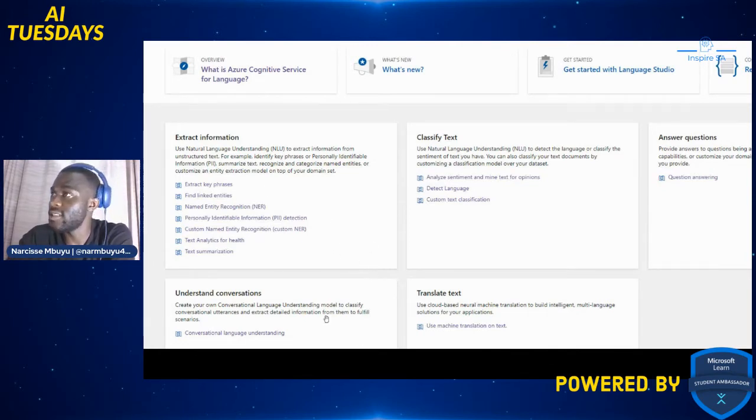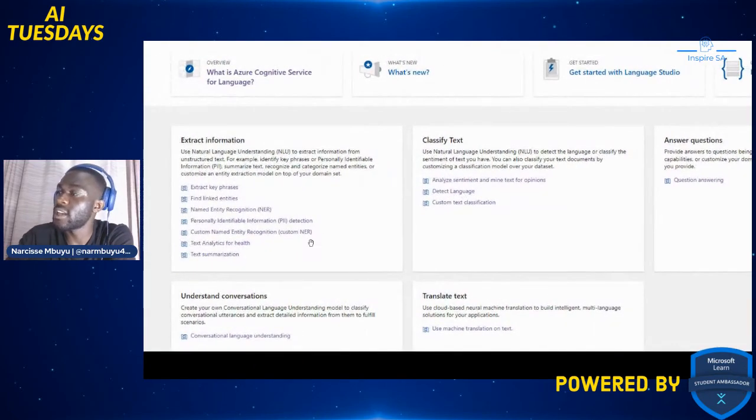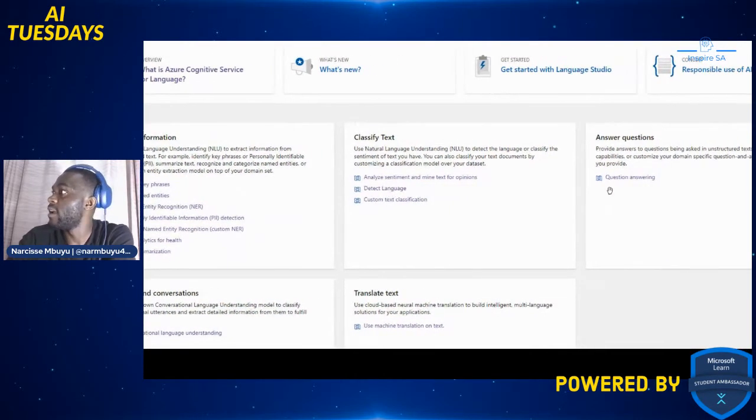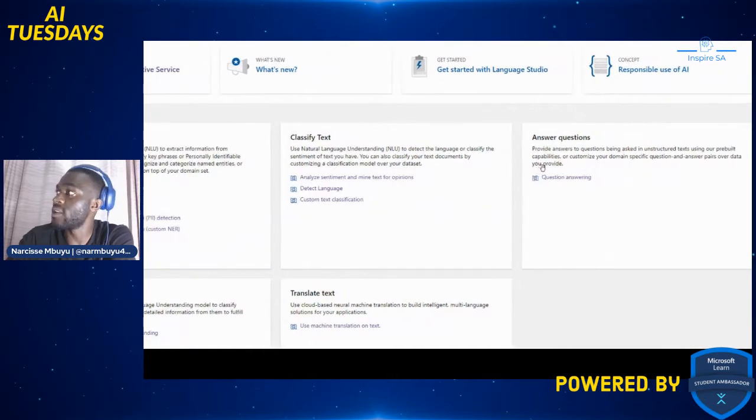Now we're going to do the exact same thing using code. For today, we're mainly going to focus on extracting information, because we did classifying text in our first episode of natural language processing. If you want to check out more about classifying text, you can go back to that first session. After that, answering questions is what we'll look at as we conclude natural language processing, as it has to do with Q&A or creating a chatbot.